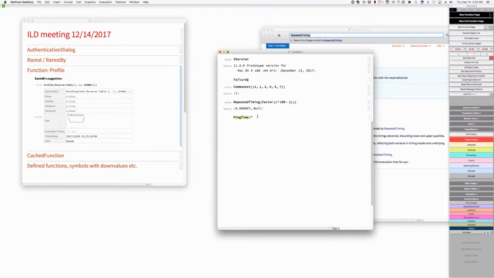Give me a website that isn't totally fast to ping. I don't know. That might be bbc.co.uk. Who knows? Okay, so then let's get 20 pings to that. Okay, so ping time is